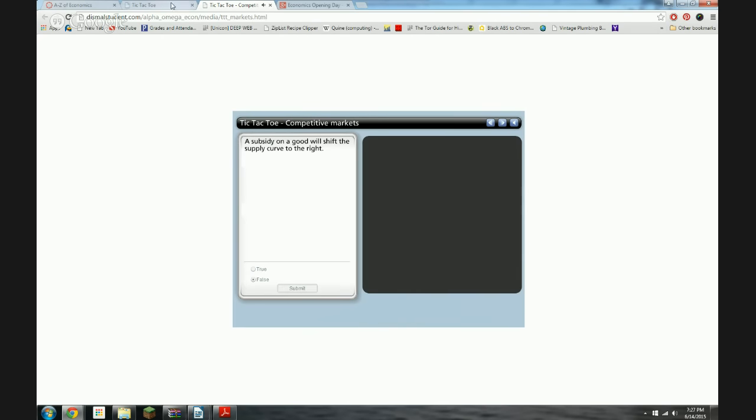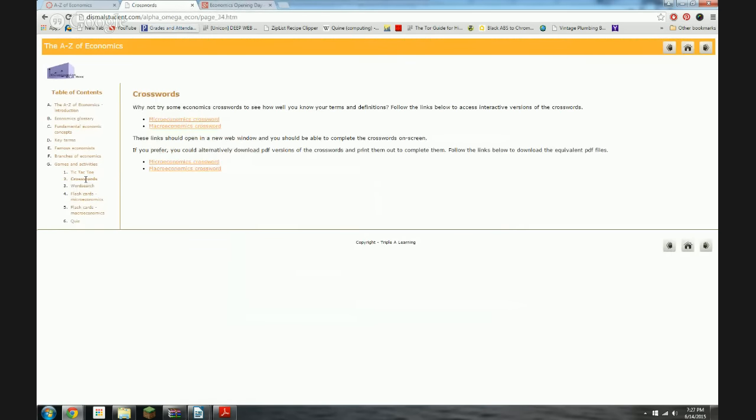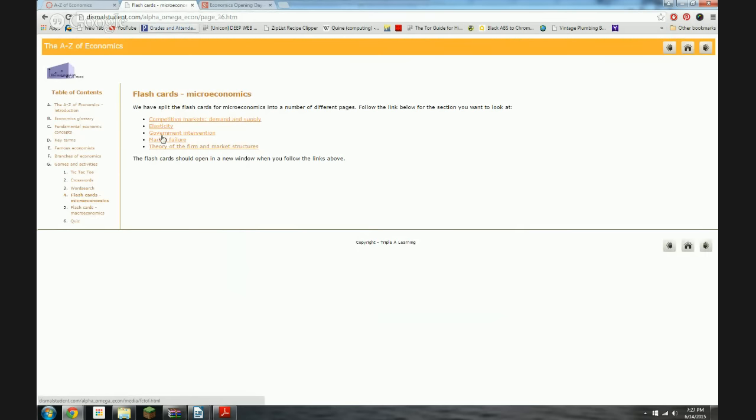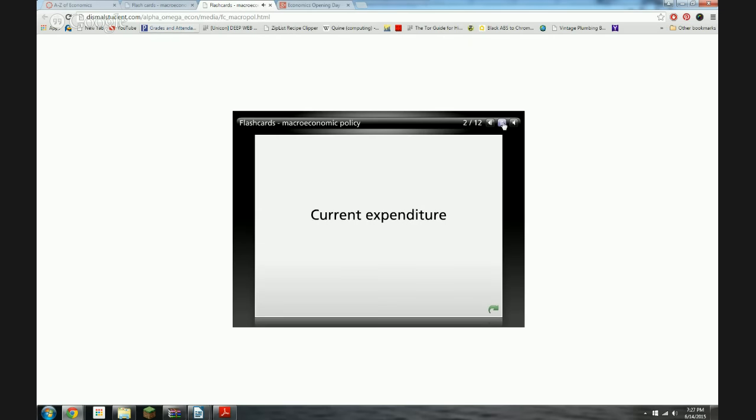To restart it, you would just refresh. So go back. But there's tic-tac-toe, there's crosswords, word search, all related to different concepts in micro and macroeconomics. And you can see some of them are biased more towards microeconomics. There's micro-econ flashcards, macro-econ flashcards. This might help some of you, although the exam shouldn't be that high pressure, high stakes environment, because I am not, at this point, going to time the exam. I haven't decided in the future.